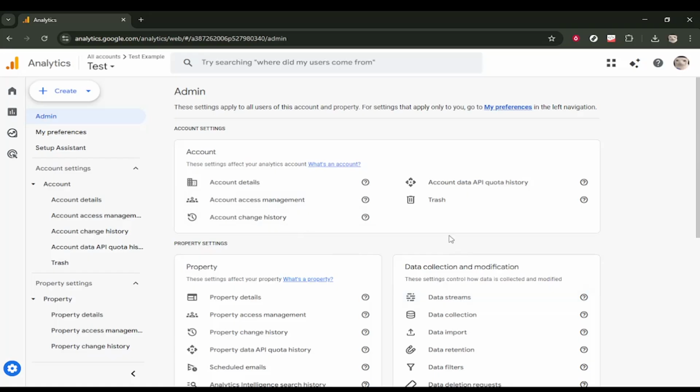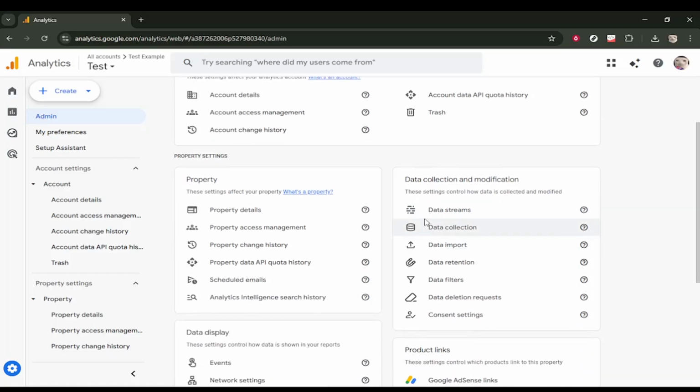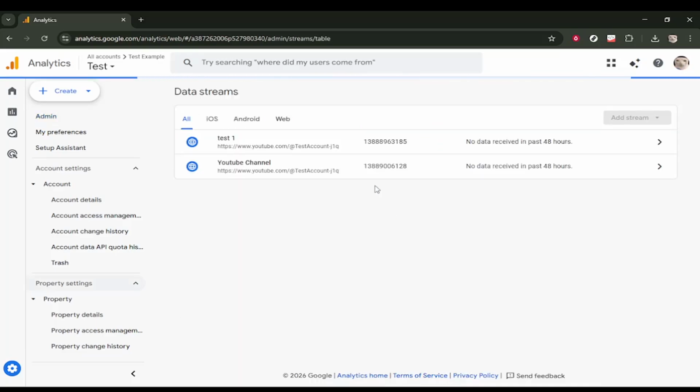Inside the Admin section, find and click Data Streams. In some layouts, you may need to click Data Streams again as you move from the Property column into the Detailed Stream settings. The goal is to open the table that lists your streams, such as web, iOS, or Android. These streams are where you will find the Google tag information and measurement details that people often refer to as the tracking ID. When the Data Streams table is visible, click into the stream you are using by selecting the